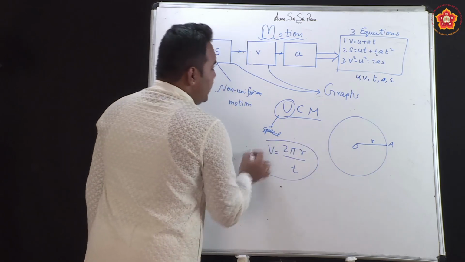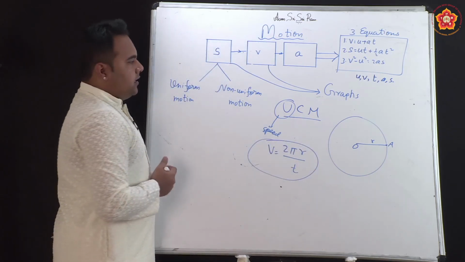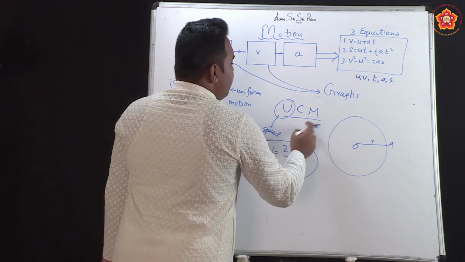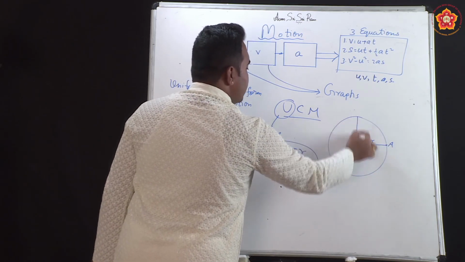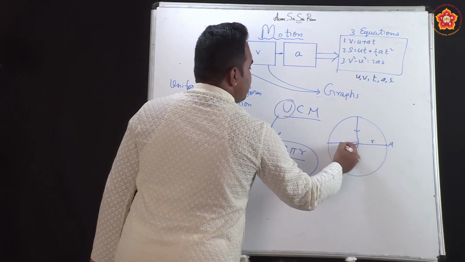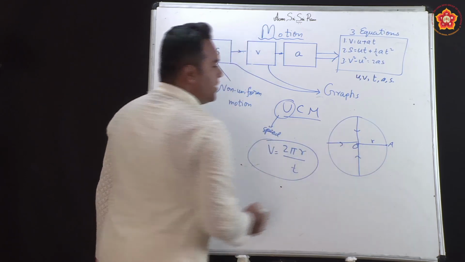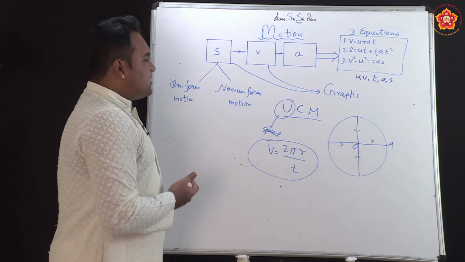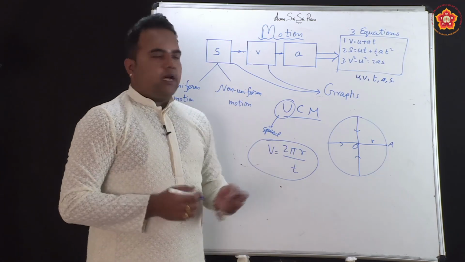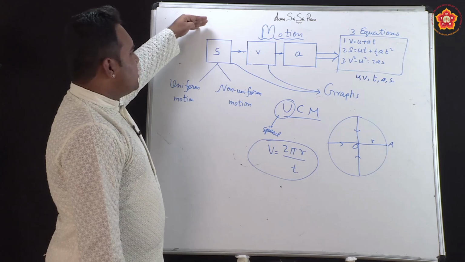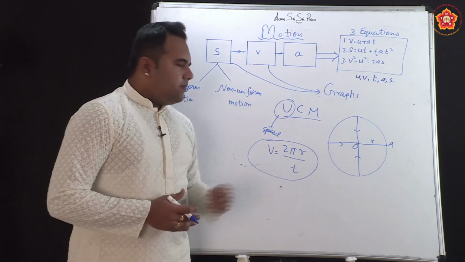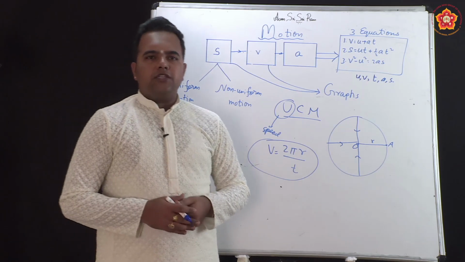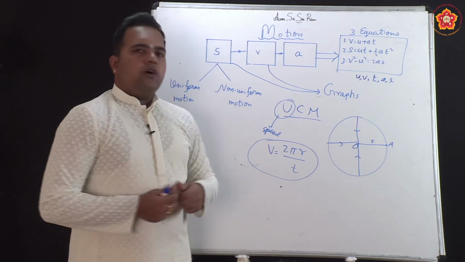So, theoretically we can calculate what will be the velocity, and then we have seen that because of change in direction, the acceleration of this particular object is always directed towards the center, and more of this circular motion we will be discussing in the chapter called gravitation. So, we have started our discussion with a straight line motion, and we have just seen the very basics of circular motion. So, this concludes our discussion on the topic of motion.